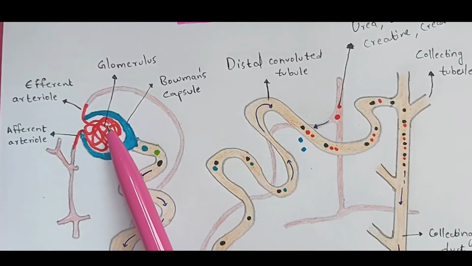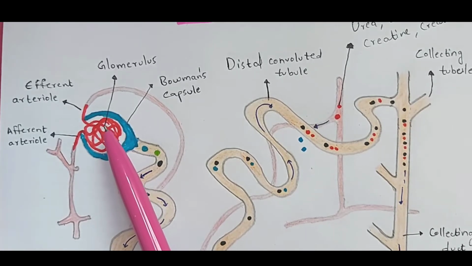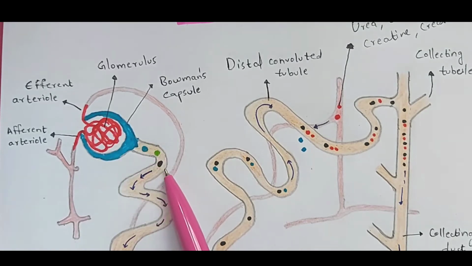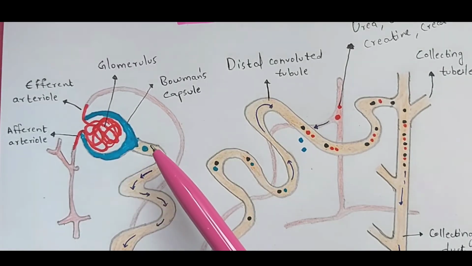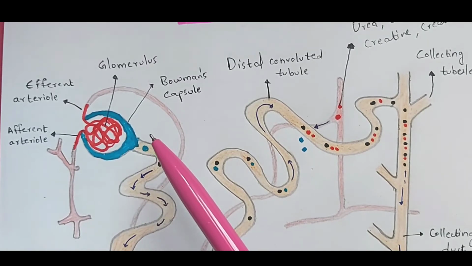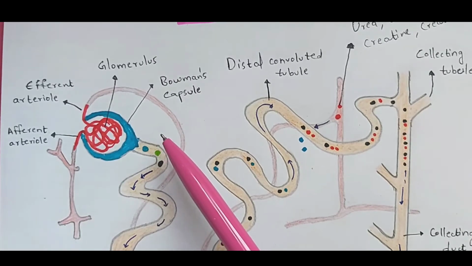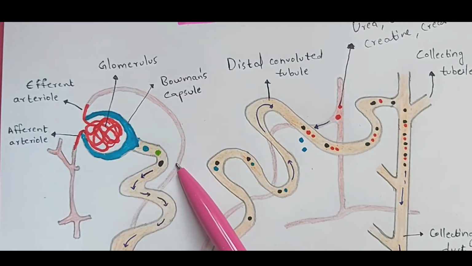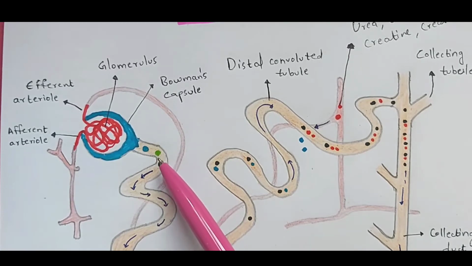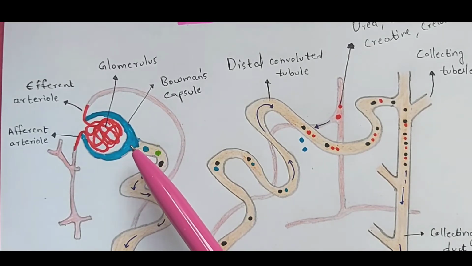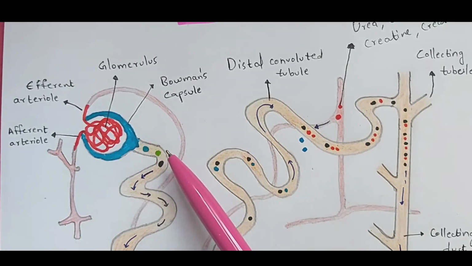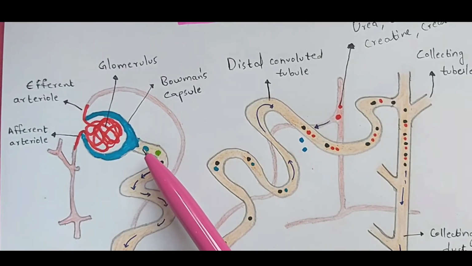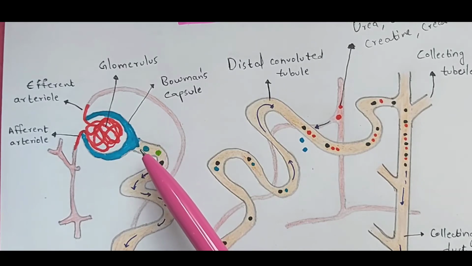Exactly right. So once the pressure in the glomerulus increases, all of these molecules will start releasing out. What are those molecules? The bad molecules as well as the good molecules, which I have told you about: water, salts, waste materials and glucose, amino acids, fatty acids, everything which I have just explained will get excreted out. It will get passed to the proximal convoluted tubule. How will it get passed from the glomerulus to the proximal convoluted tubule? With the help of cells called podocyte cells. I have told you, right?